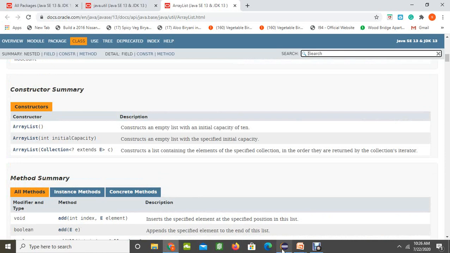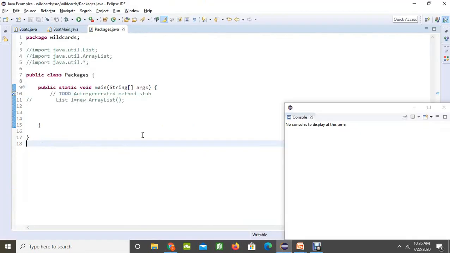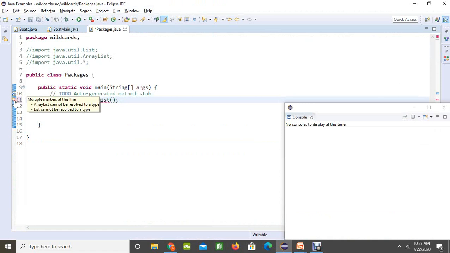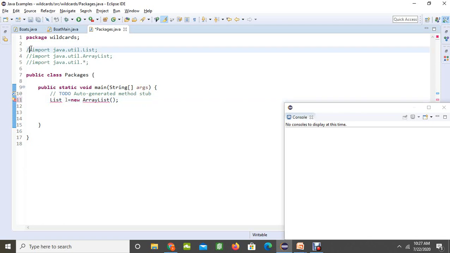Now coming to our program, if you want to use any one of these packages in your program, then you must import that package into your program, to use the methods that are available in that package. For example, if you want to use List, immediately you can see an error saying multiple markers at this line: ArrayList cannot be resolved to a type, List cannot be resolved to a type. So it is not able to find where it is available. Let me import List first.